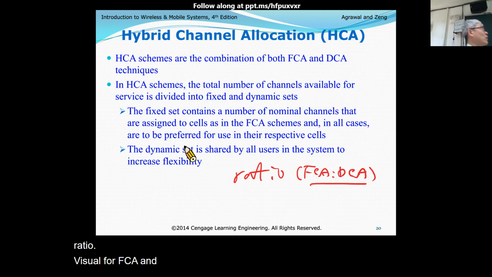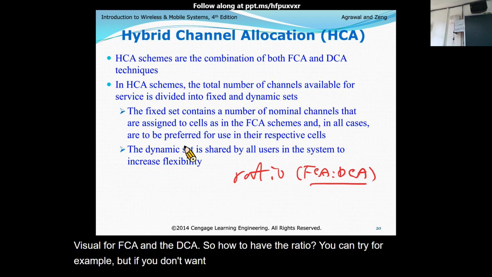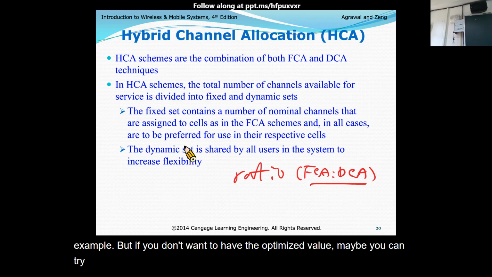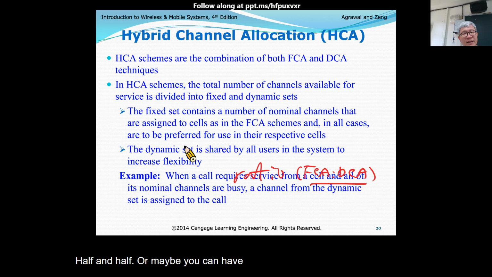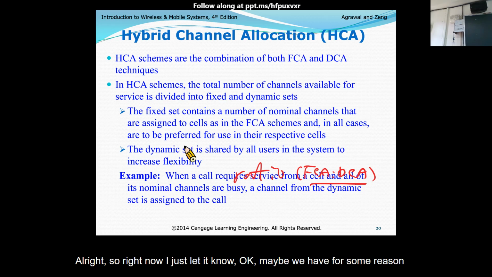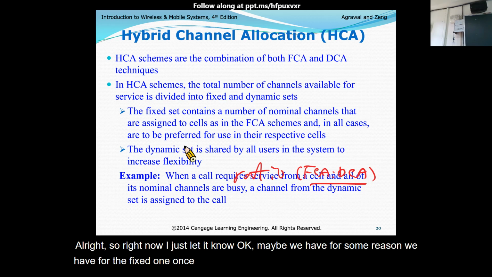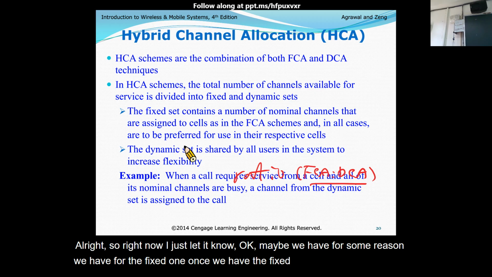So how to have the ratio? You can try, for example, if you don't want to have the optimized value, maybe you can try, okay, initially half and half. Or maybe you can have 30% to 70%. Right now, I just let you know, okay, maybe for some reason, we have the fixed one. Once we have the fixed one, normally we can have FCA, and if no, then we can rely